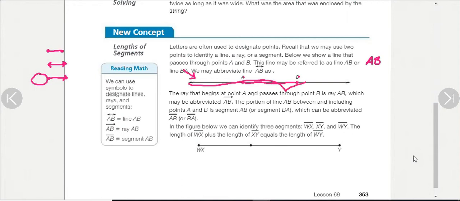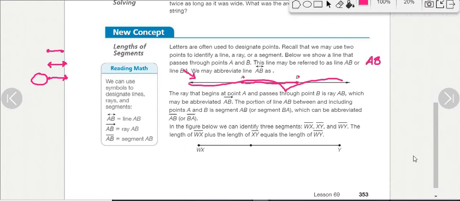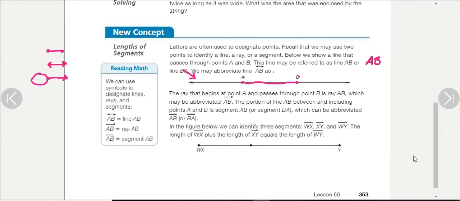So how can we tell when we're talking about the line or we're talking about the line segment? If it says, what is the line segment here called, we'd say AB and we'd use this, right? Just like it talks about it right here. You use just a little line on top. But if we talk about line, not line segment, but line AB, it's just a little symbol that looks like that. So line AB, line segment AB, and how about we could even talk about the ray